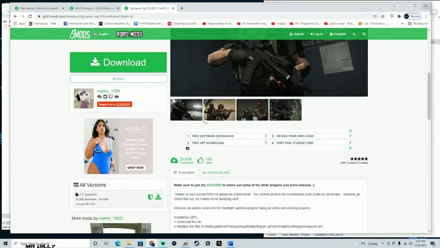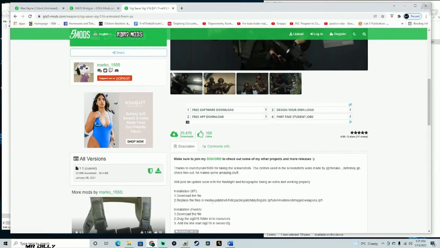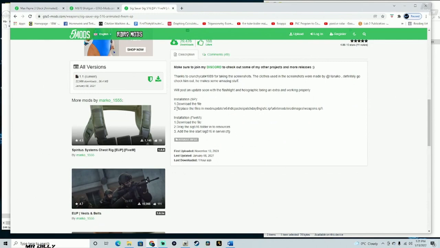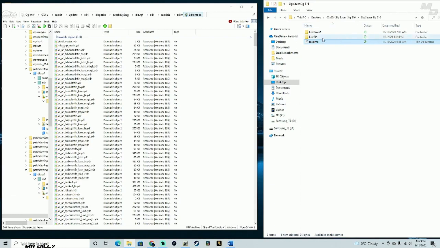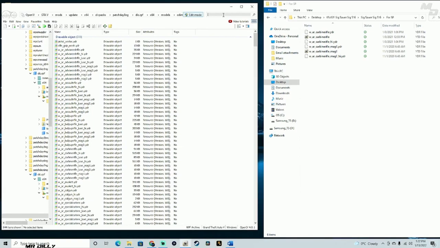All right, so we are right here. If you read some of this information right here, it's gonna tell you where to replace this. As you can see, for this one, it is actually patch day 8. All right, minimize that again. We're gonna open up the single player file right there, and then I'm gonna come to the top right here and type